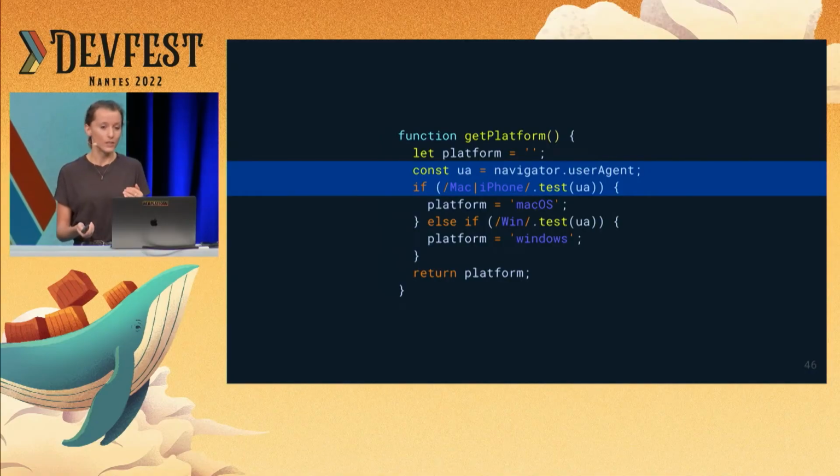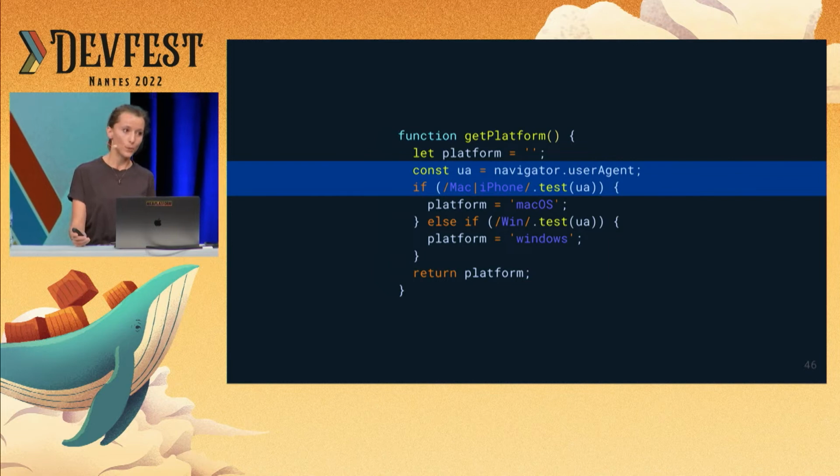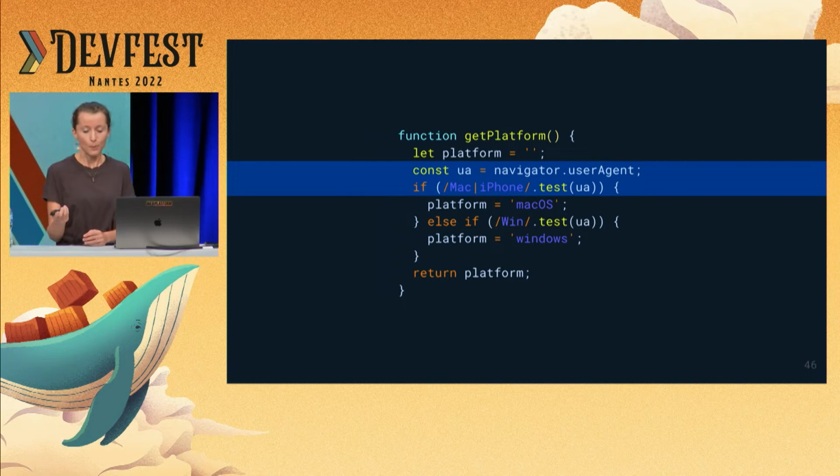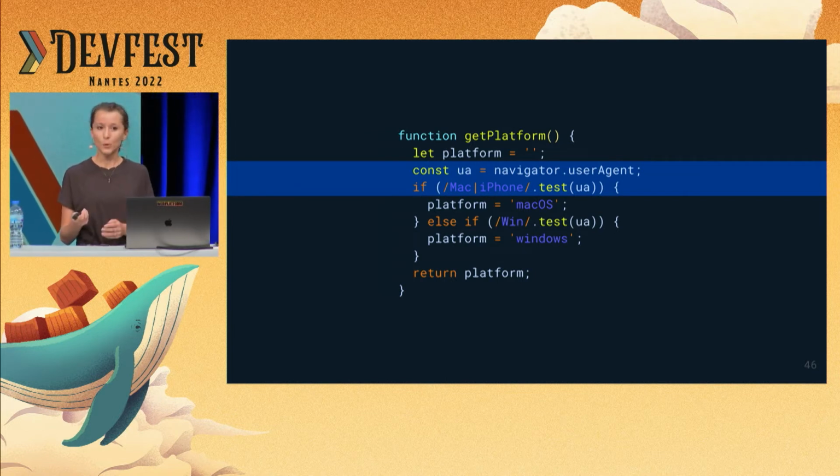So how am I going to access what platform the user is on? Question. User agent, yes. Excellent. Actually, navigator.platform is also a thing. It could have given me that, but if you check the MDN page for that, it says it's deprecated, so we probably don't want to use that. Here, what I'm doing is I'm using the user agent and parsing it to detect the platform, and I know it's very naive parsing. Don't yell at me. It's for the demo. It's just to show a simple way to go ahead and detect the user agent.